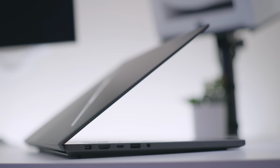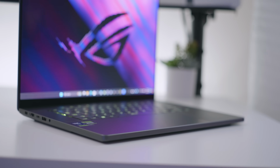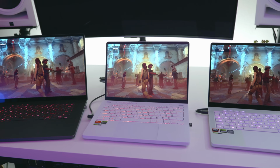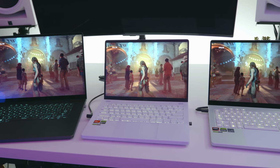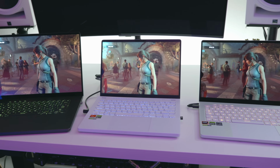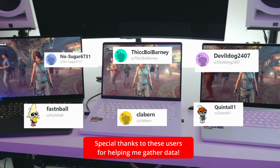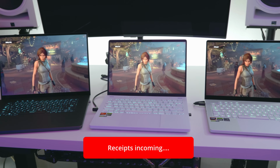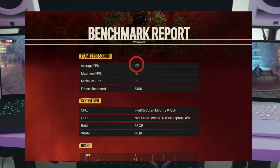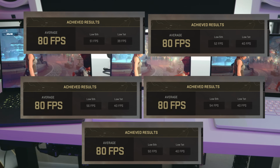And this probably happens all the time and we don't even realize. I only made such a stand about it because I'm reviewing the same laptop, and with any review I constantly poll other people just to make sure my results are in line, and sure enough, no one else I talked to had this issue. As an extra measure, I even asked other G16 owners with a variety of configurations to run the same benchmarks they did and screenshot their results. And I got a lot of data back from a lot of people, and what do you know, just like my unit, we all had consistent results through each run and never experienced any weird fluctuations